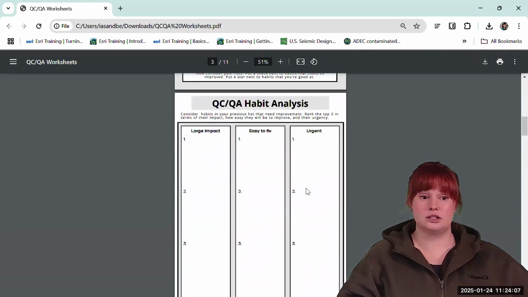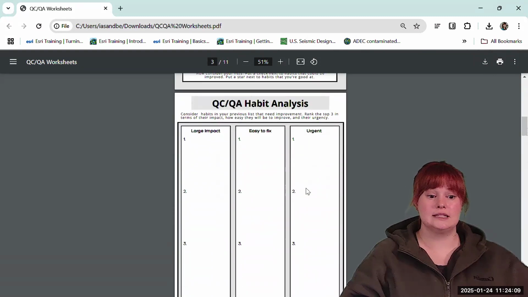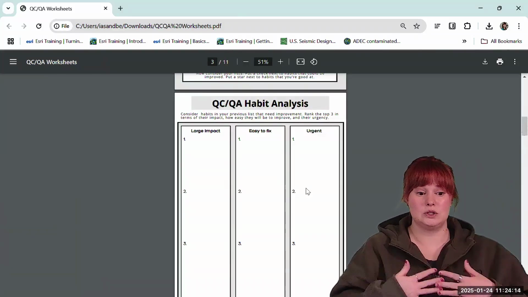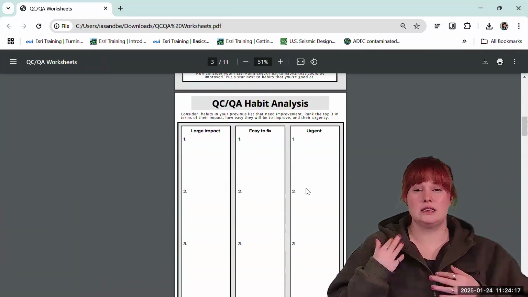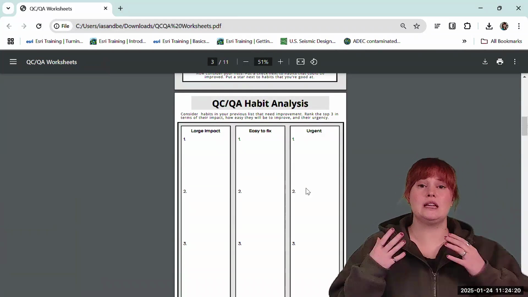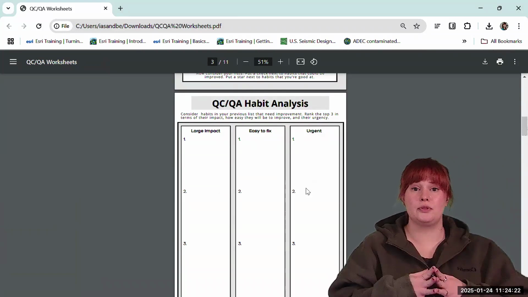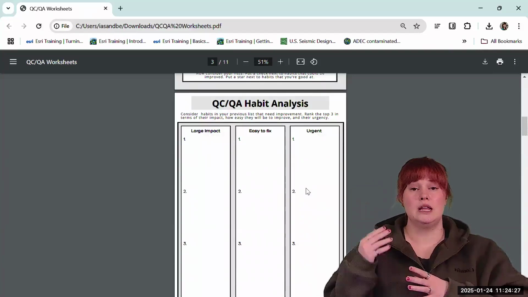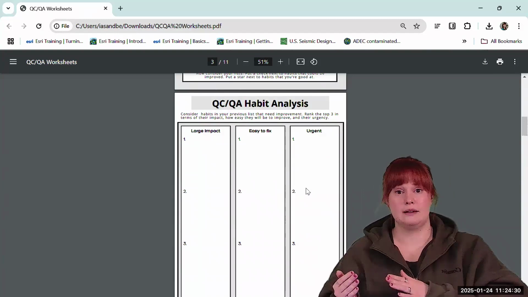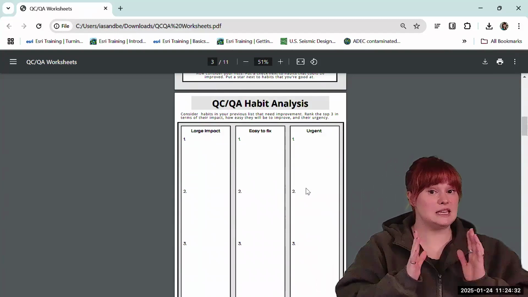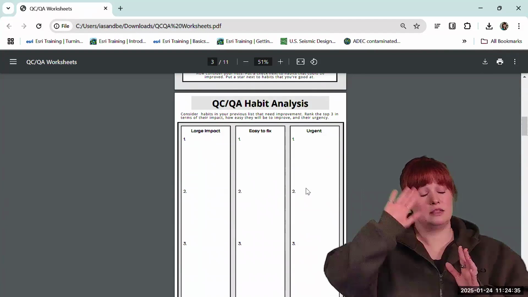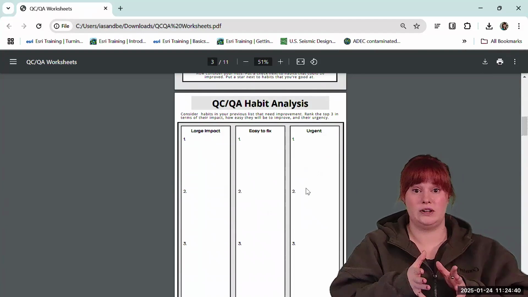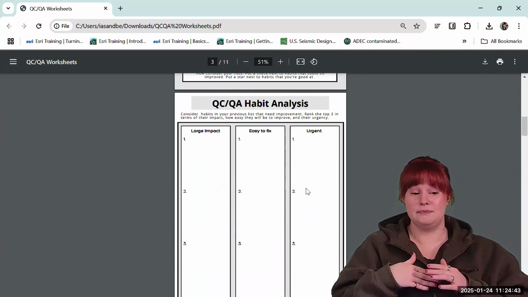And then we're going to move on to this third worksheet where you want to consider the previous worksheet where you thought about what you are doing, what your workplace is doing, and think about the things that need improvement on. And then rank those in terms of the top three that are going to make the biggest impact of the things that you need to improve on. If you improve them, what would make the biggest impact? And then think about in terms of how easy things are to fix. So stop thinking about how much impact they're going to make and think about how easy would they be to fix if you were to fix them, and rank them top three.